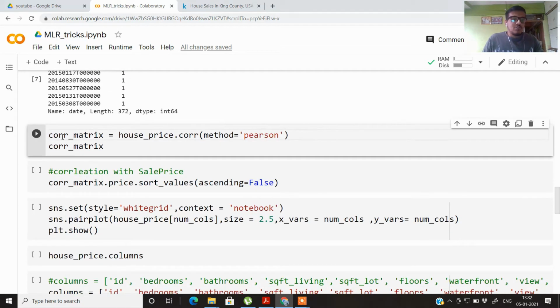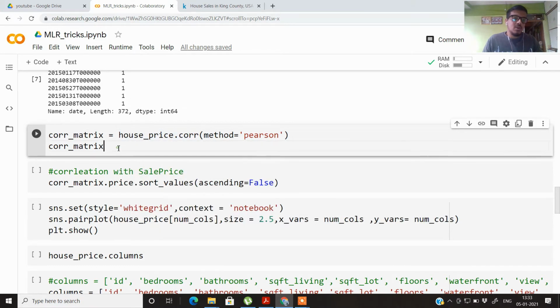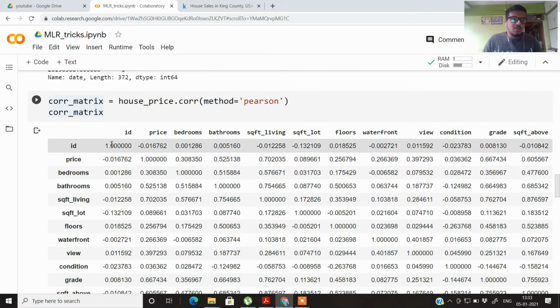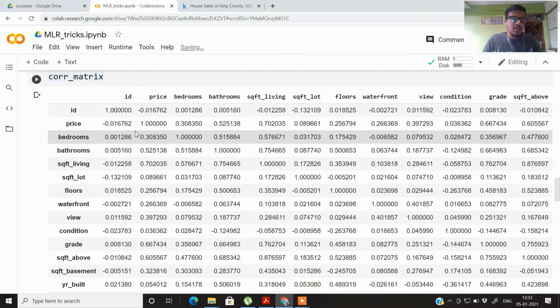Okay. So next we'll be checking for the correlation with the target variable in the house price. So here we are using the Pearson method. You can even go for the Spearman correlation coefficient method. On the house price, just by using this corr method on this data frame, we'll be getting the correlation matrix. So here you can get the correlation matrix, and all the individual columns can be directly compared with this price and how much correlated they are. So this is a very important part of any ML experiment.